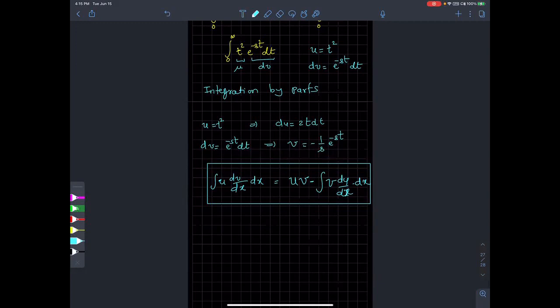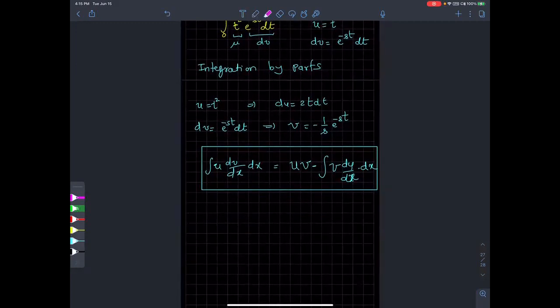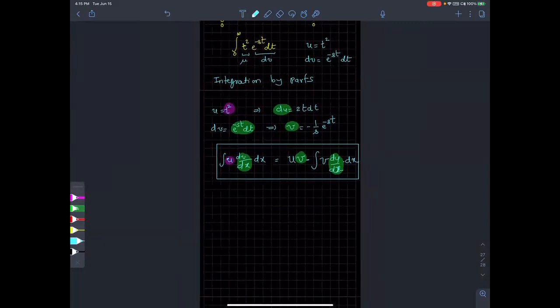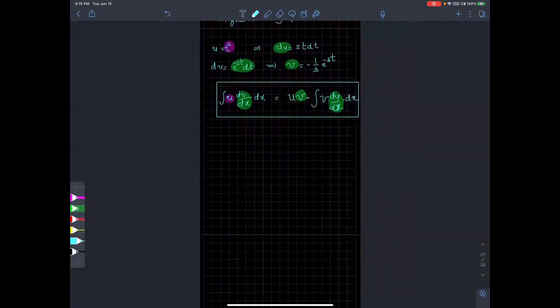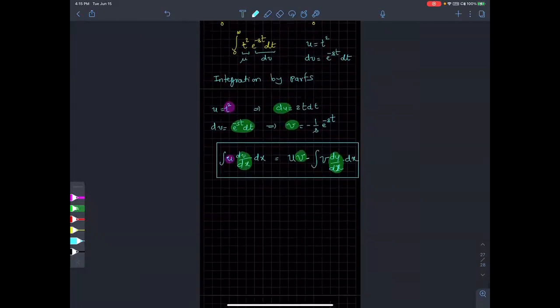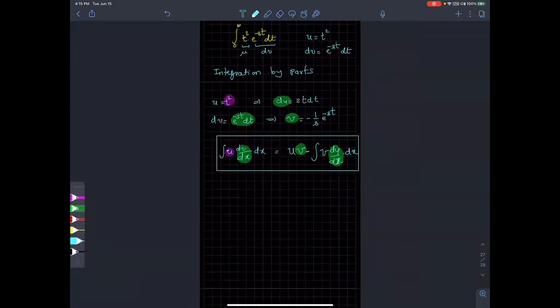Integration by parts. Okay, so we know what u is. We know what dv is. Similarly, we have an expression for v, and we also have an expression for du. So we should be able to apply the integration by parts mechanism, and once you do that, you can apply the 0 to infinity integral terms, and then you will find,